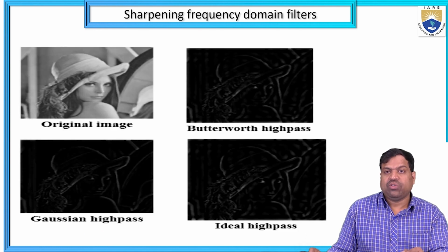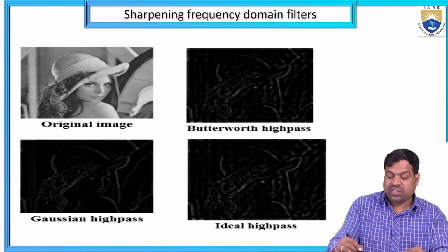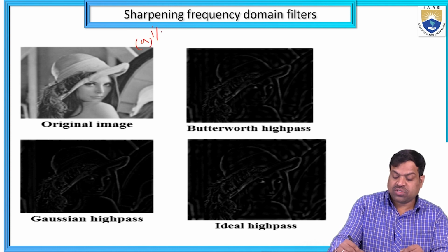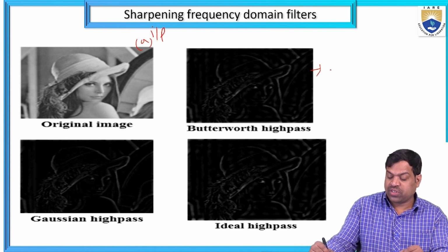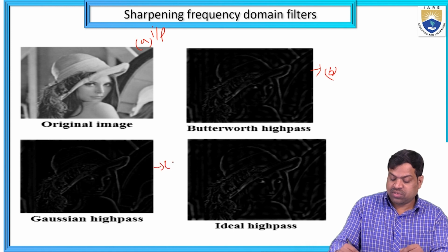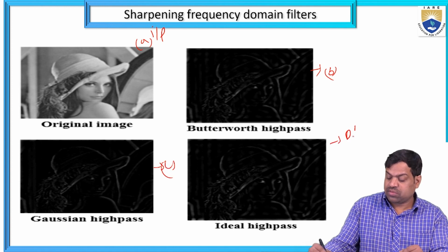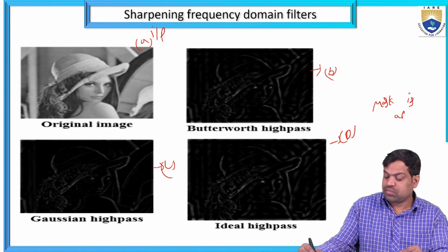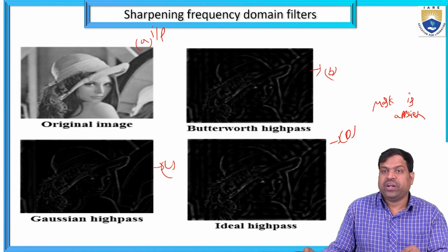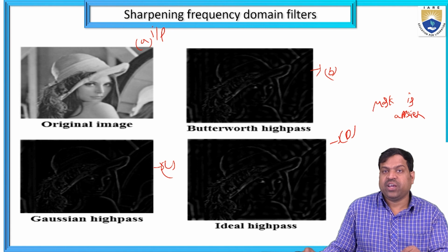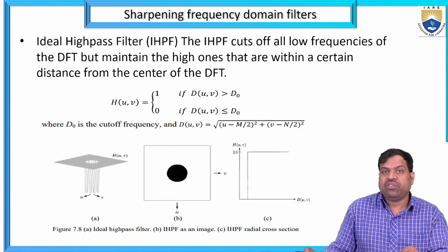It is one example for the original image with Butterworth. This is the input original image. This is the Butterworth filter figure. Here, a mask is applied for the Butterworth high pass filter, Gaussian high pass filter, and ideal high pass filter. This is the equation for the ideal high pass filter: H of u comma v equals 1